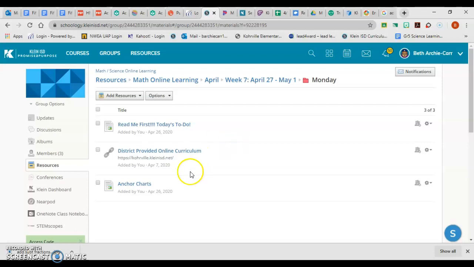Schoology tab, and by the way, make sure you open up the anchor chart again today. I did put it in Tuesday's folder as well, so you have it there too. So open up those anchor charts to help guide you through that step-by-step process. If you need to go back and watch yesterday's video again, or if you need to call your teacher, this is an excellent time to call your teacher